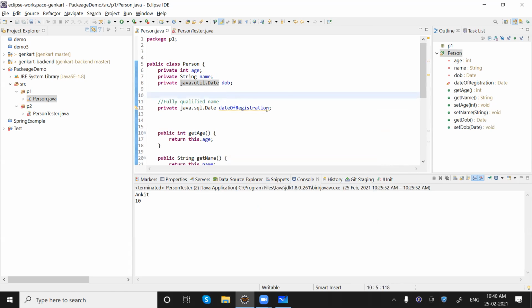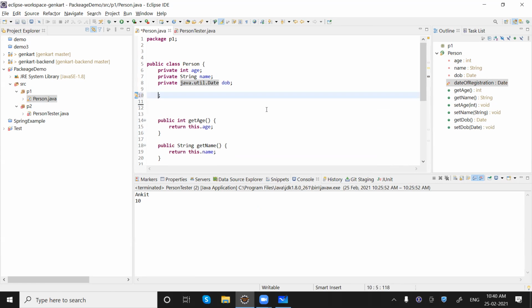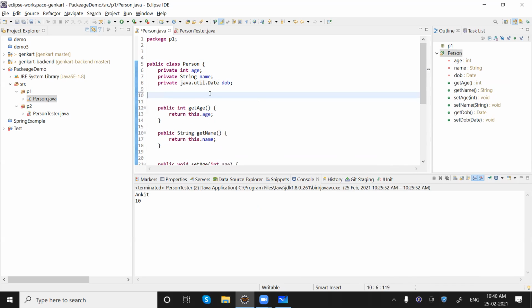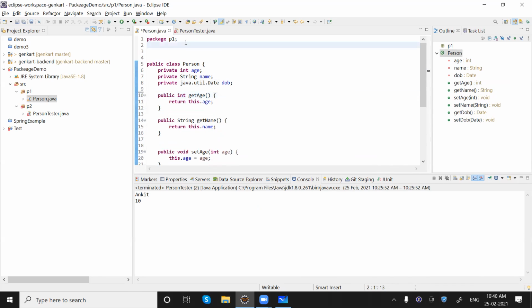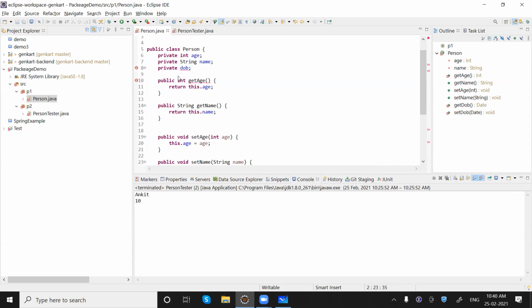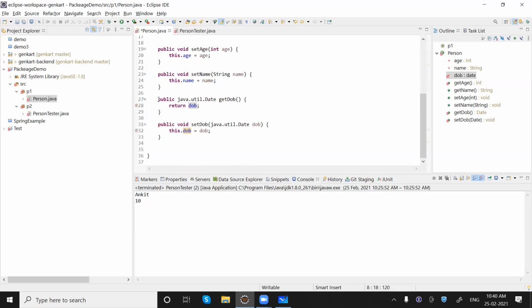But if it is not there, then we can add the import statement in the beginning here. And we don't really need to add it further like we were doing earlier. So we can just say Date, and we don't really need to tell the qualified name here.